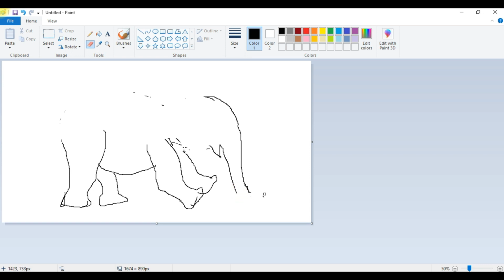You can erase like this and overwrite that drawing easily.